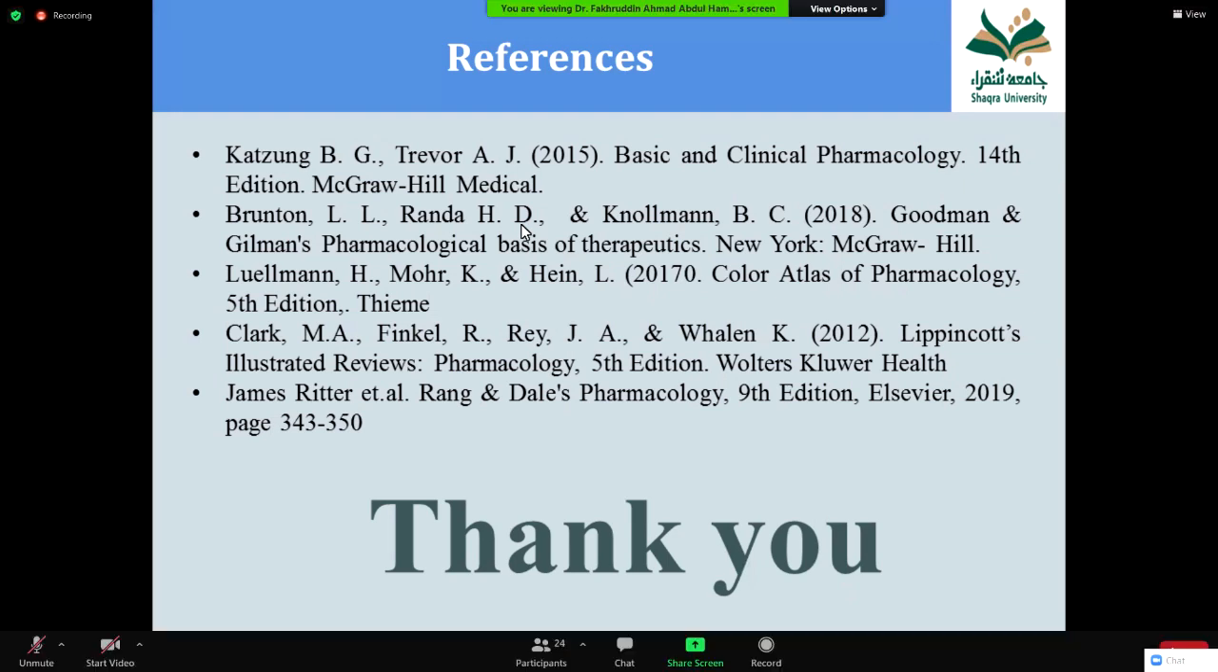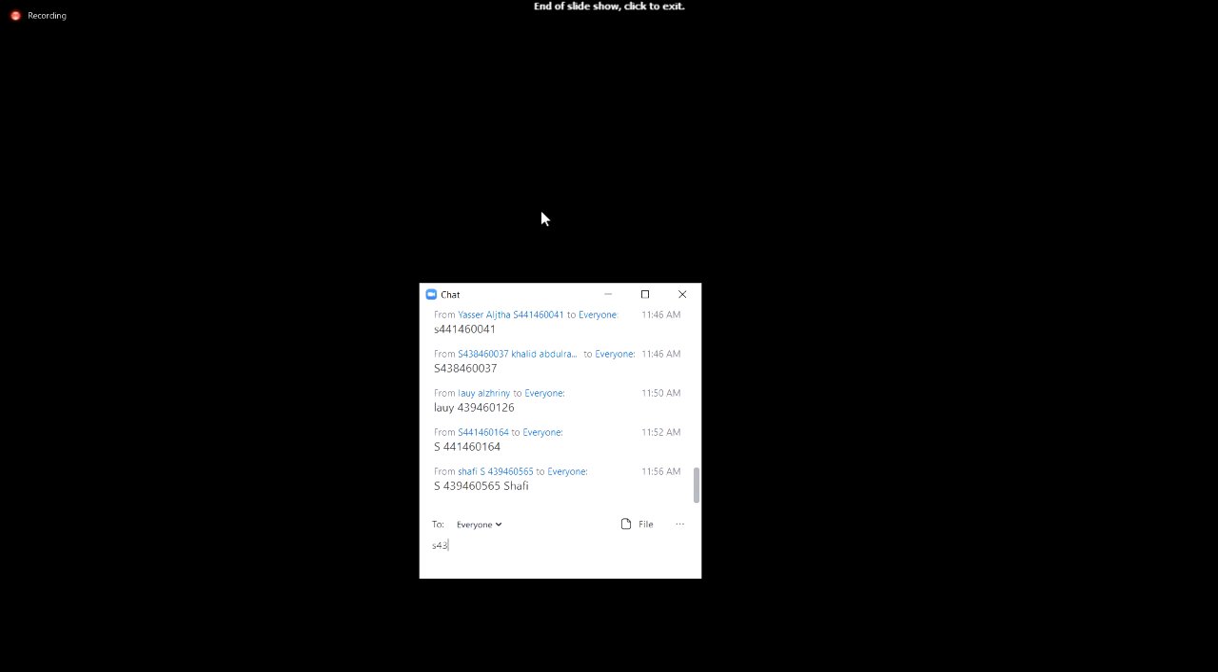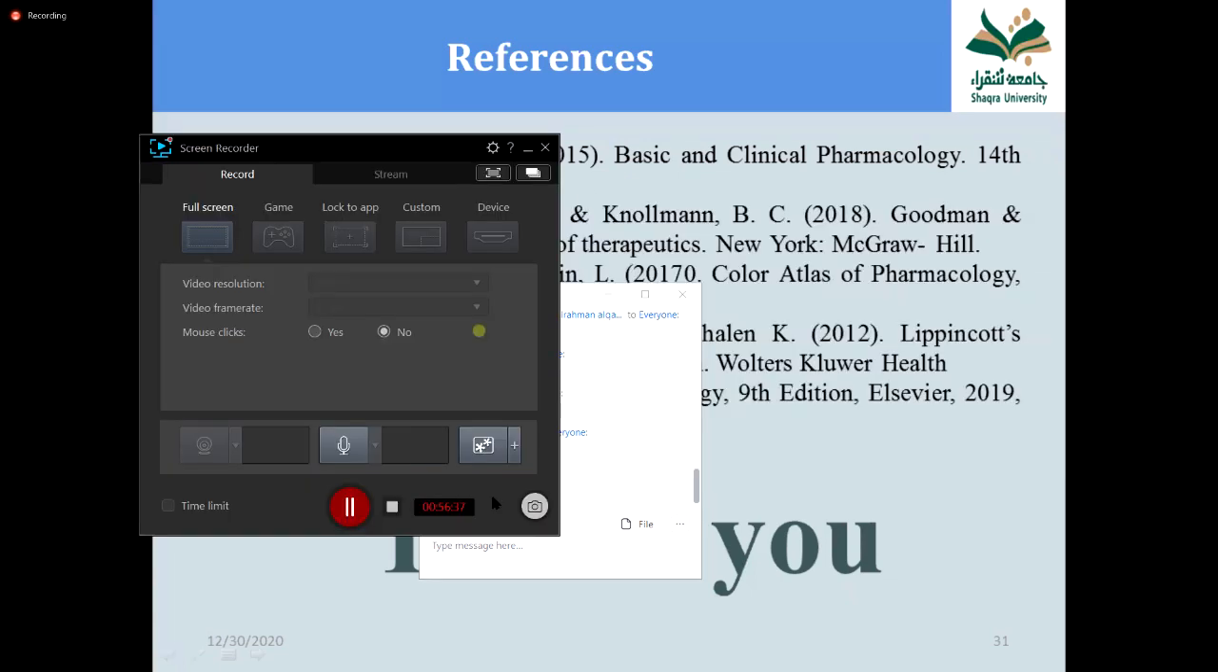The two books which are very good in description of all these things are, first, Katzung, and the last one is Rang and Dale. You can consult all the other